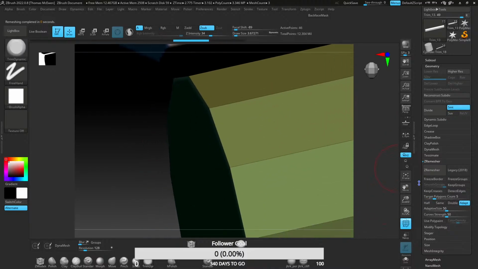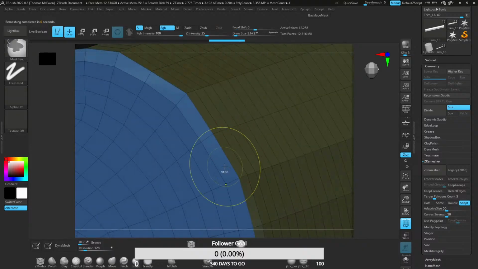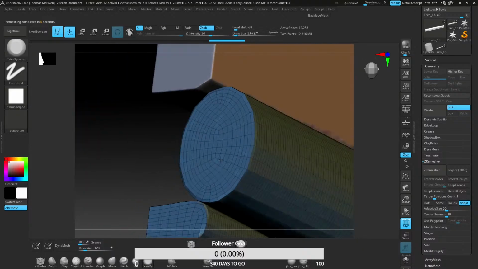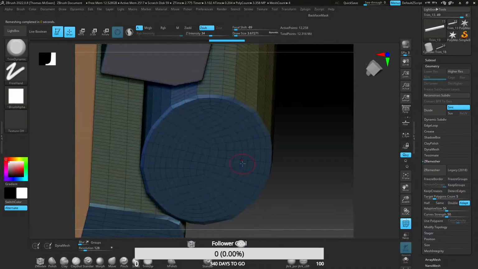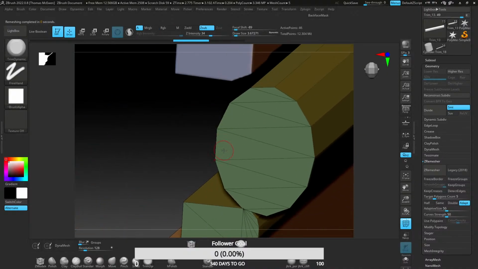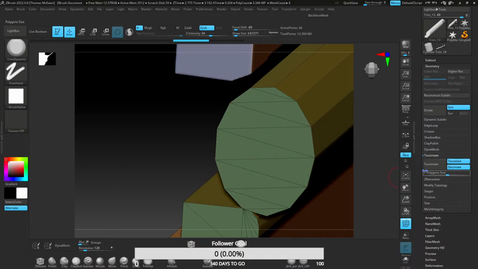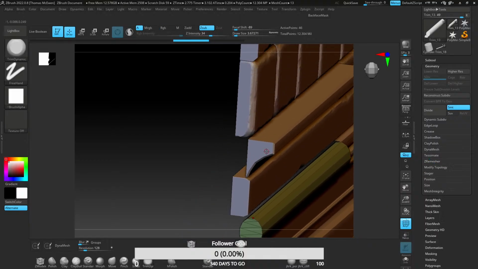so it goes from this. I think it's just generally because of what I did with the model. So the ZRemesher actually generates it and makes it look really good. But it's just the fact that I have triangles here, and this is kind of just pretty shit. So if I had created these a lot better, I think the ZRemesher would look much better. So say if I go to